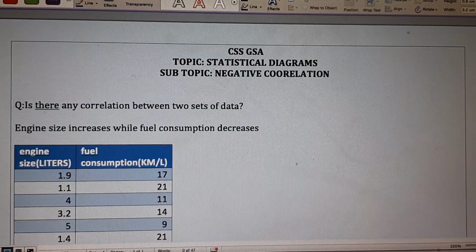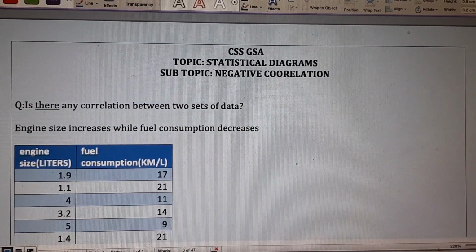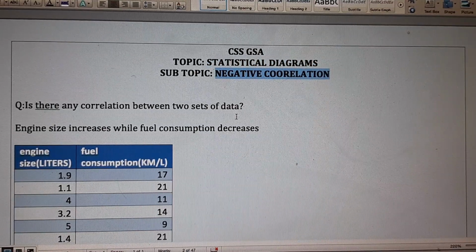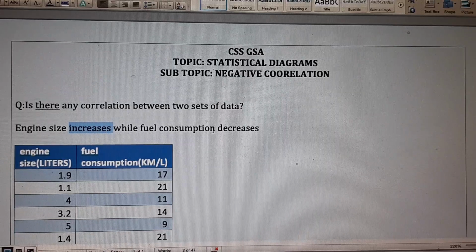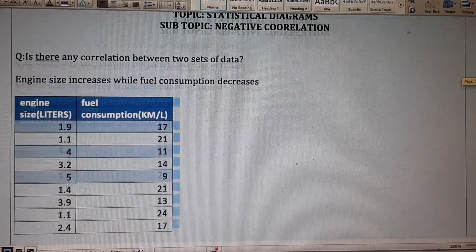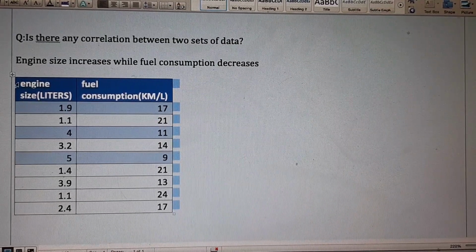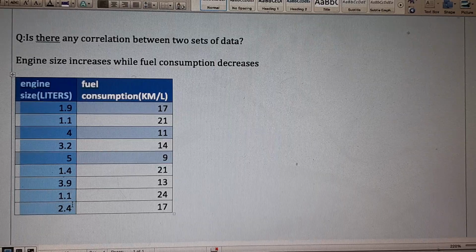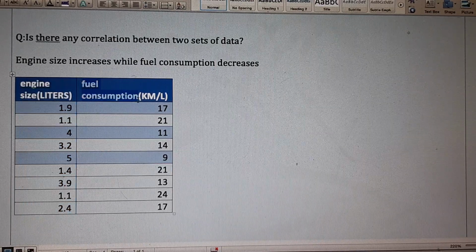In this video, I am going to discuss a topic from statistical diagrams, and the topic is negative correlation. So, negative correlation means when one quantity increases, the other quantity decreases. Here we are dealing with two different quantities. Now, one is engine size, and that is given in liters, and the second one is fuel consumption,